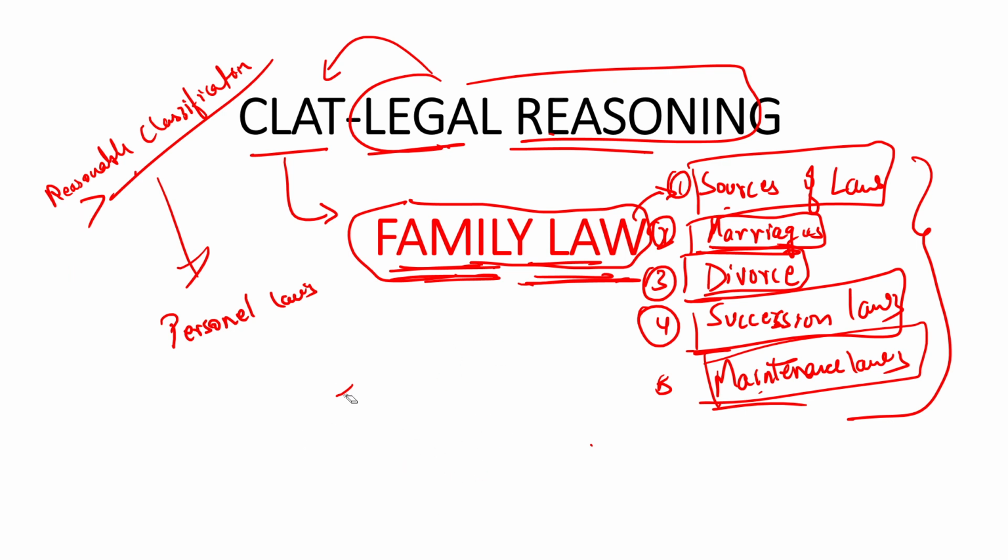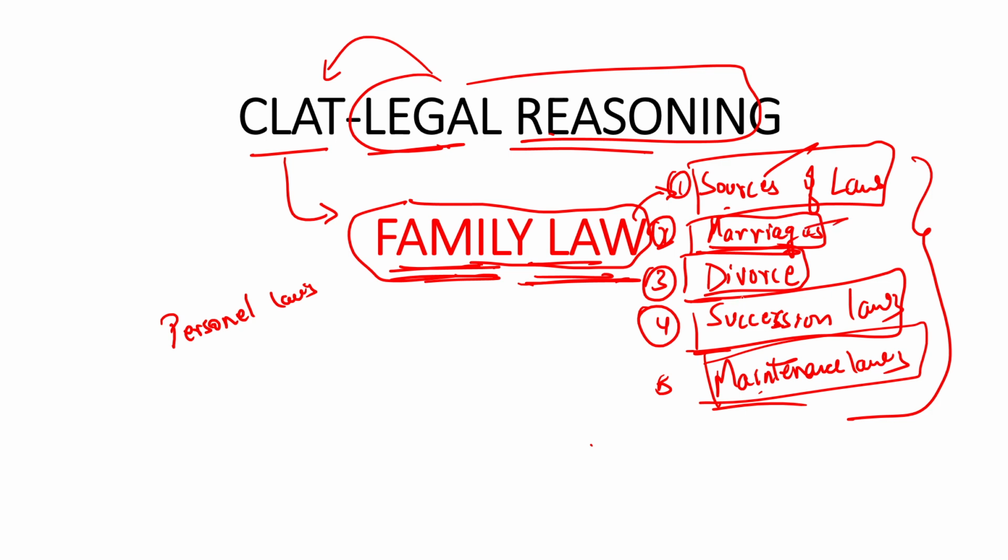So the major things that we're going to study when we talk about the personal laws, or the family laws, are these. First, we're just going to study the sources. Then we will study how the marriages will take place. Then we will study how the divorce will take place. Then we will see that once the person dies and he has not made a will, how the property will be divided amongst the inheritors, and if at all there has been a marriage, and if somebody is dependent on someone.